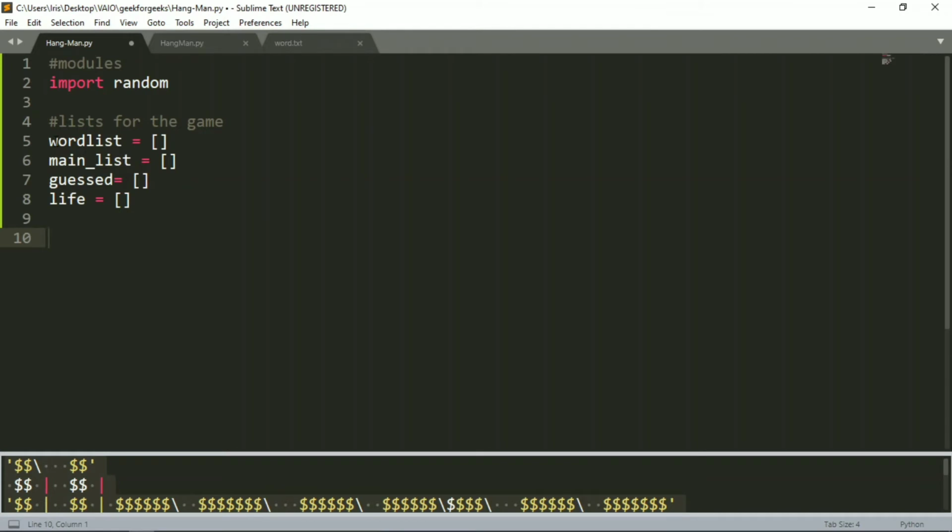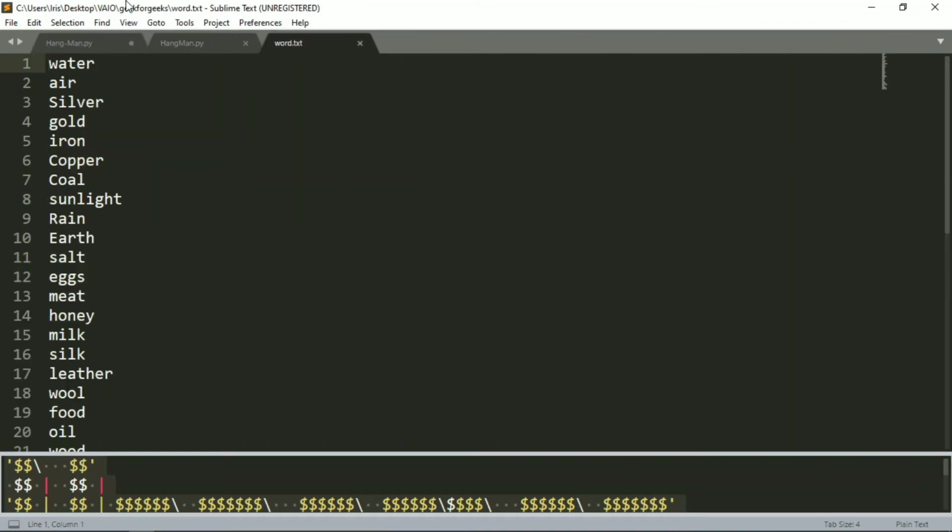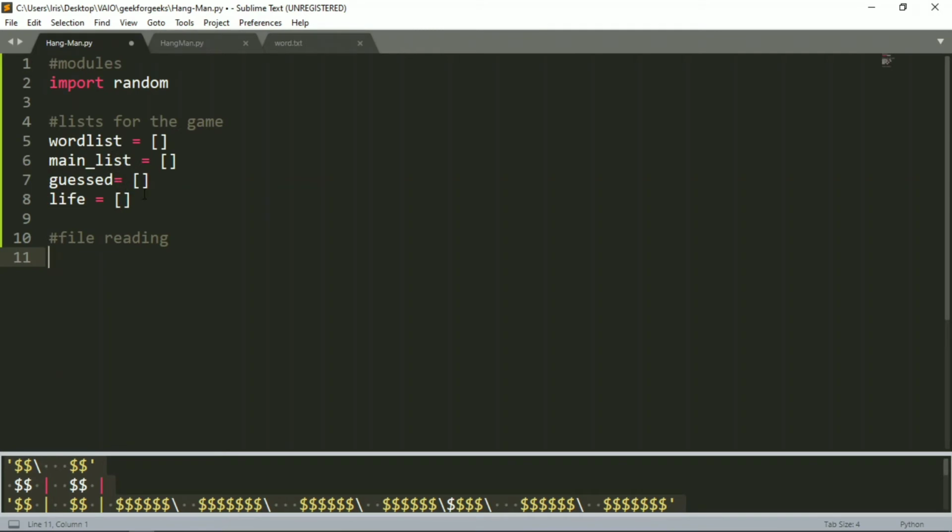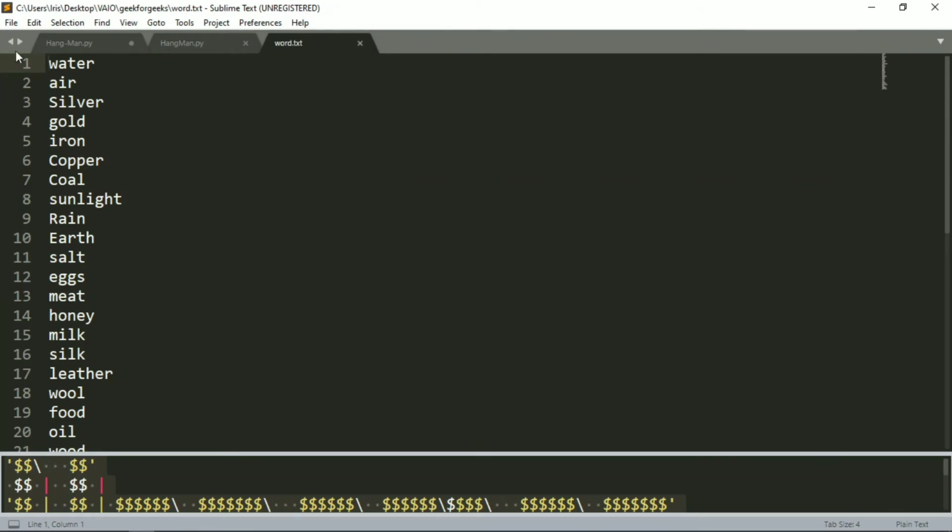So if you haven't studied anything about file reading from a file to a Python program, do not worry, I will explain this right now. Okay, so I will comment it as file reading. File reading in Python is pretty simple. If you have a normal .txt file, it's much simpler. In case you have a PDF file, then you have to import certain modules and all that, and there's a bit of complication in that, but I'm not going into that. I would prefer you to use a simple .txt file for this program.